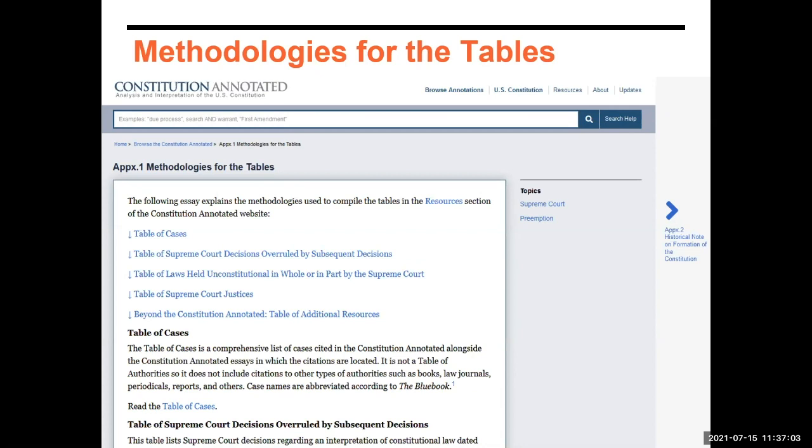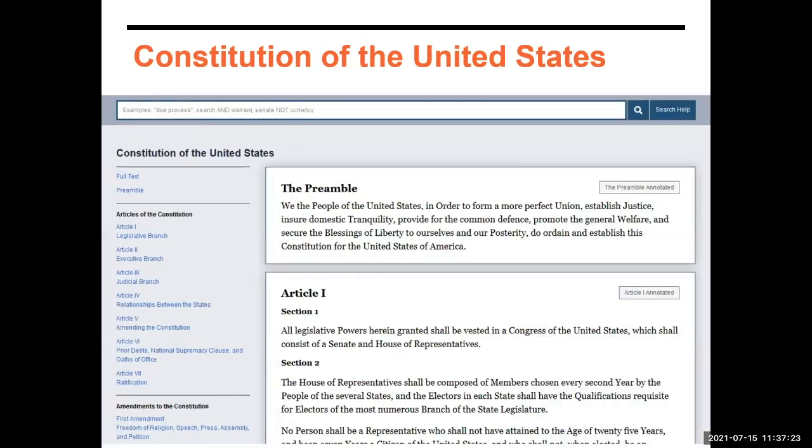Also, Methodologies for the Tables is an essay explaining how these above tables were put together. But finally, if you click the last link that you see on the top right-hand side of the page, U.S. Constitution, you're taken to the original print of the U.S. Constitution without annotations. So note, each constitutional provision contains a link to the relevant Browse Annotations page, but the text